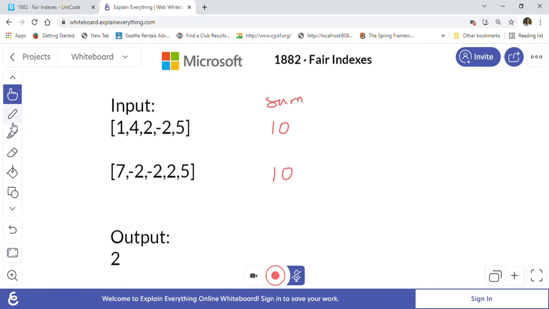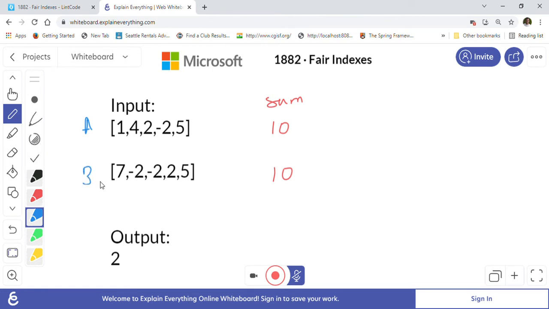The first thing you will notice in arrays A and B, let's say this is array A and this is array B, is that they can have fair indexes only if their sums are the same.